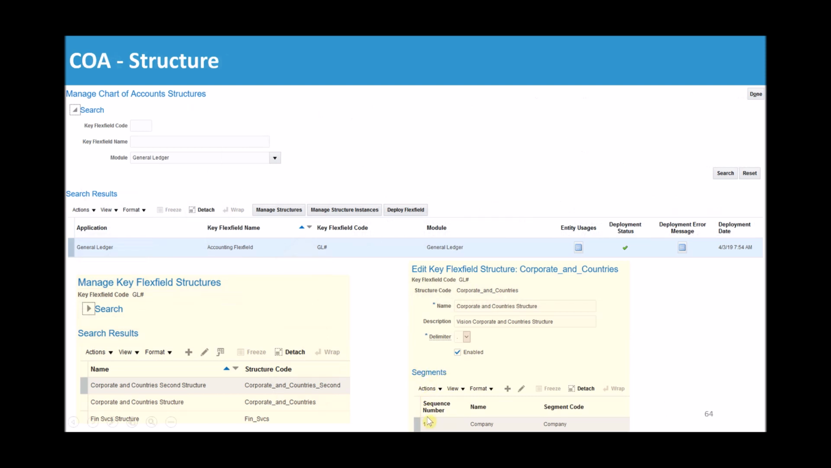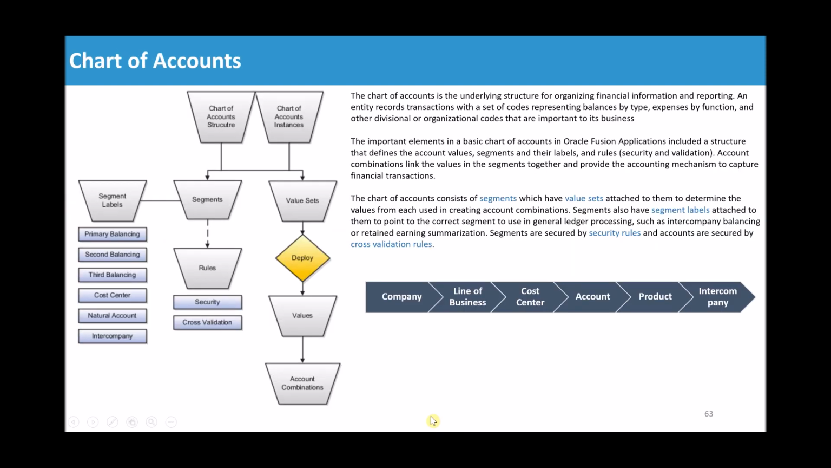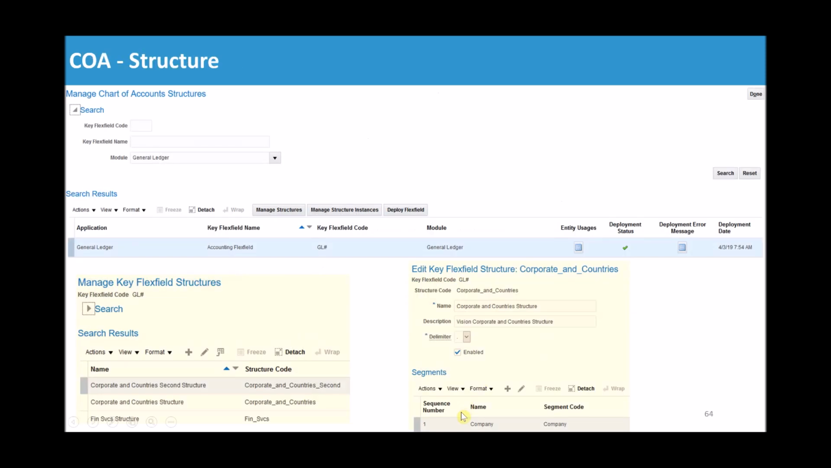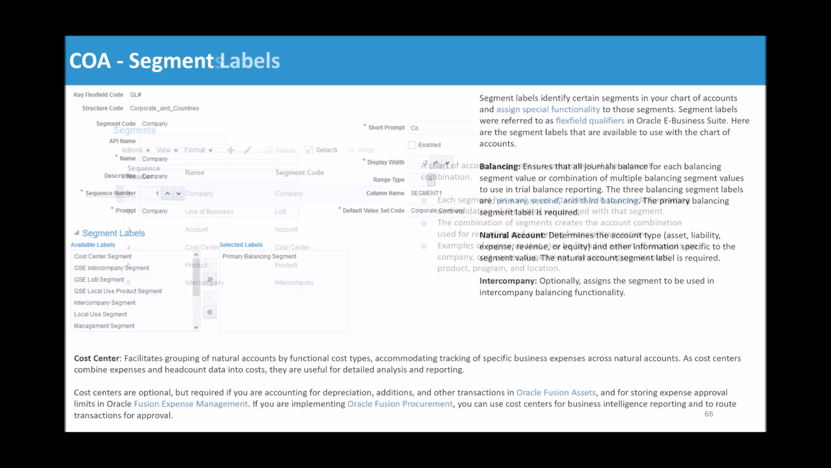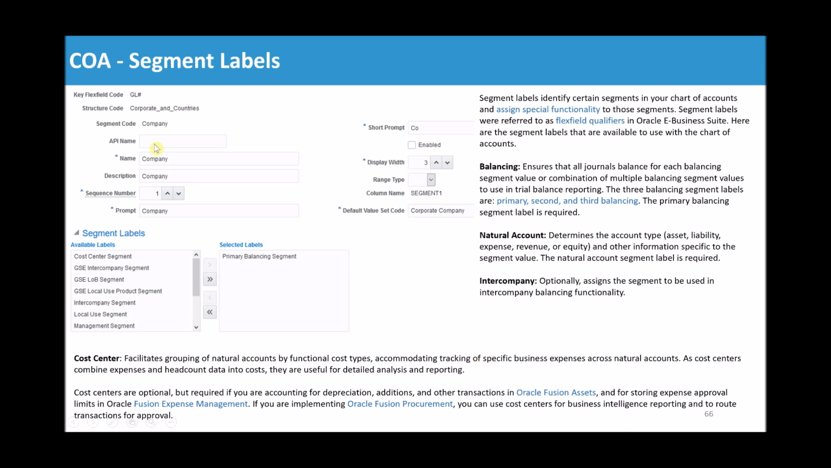Then in the line level, you define the various segments. So if you want to create a new chart of account, then you might want to have 5-6 different segments. Then you define all those segments over here one by one. If you click on the plus sign, system will take you to this page where you have to enter the name of the segment, then the API name,